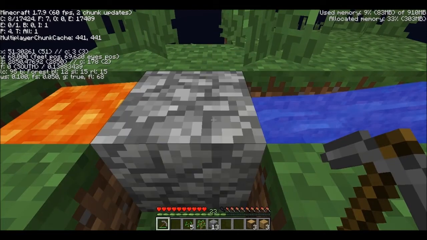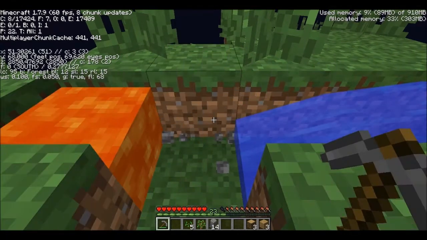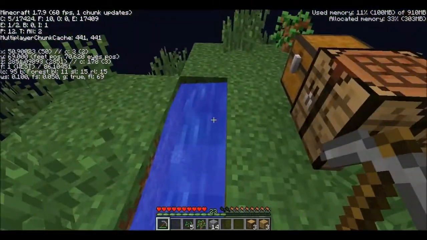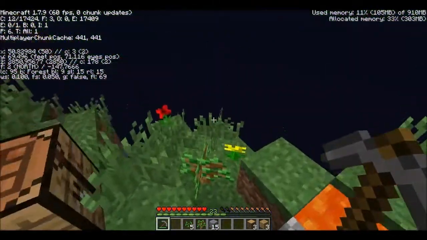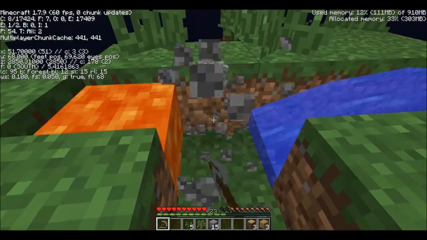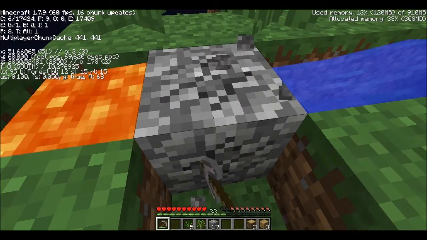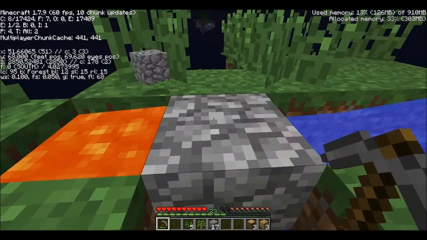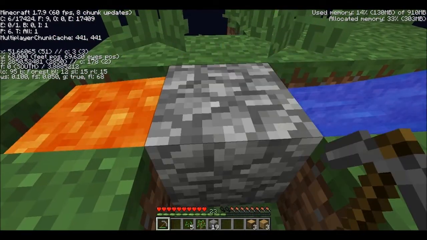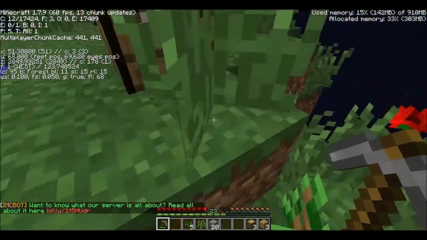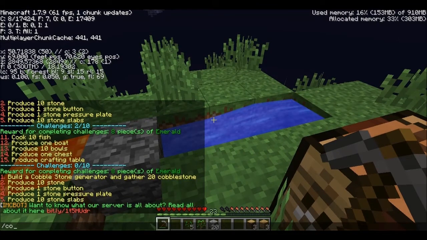It almost feels like I'm on a prison server breaking wood over and over and over. But it is fun to gather up your cobblestone and see your island grow as you add more to it. I'm at 16, so I need 4 more. 17. That one's over there. I'll jump over there. It popped up. And now we have 20. So now I can complete this objective with